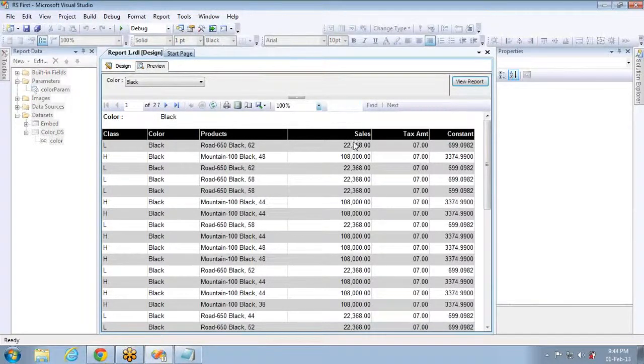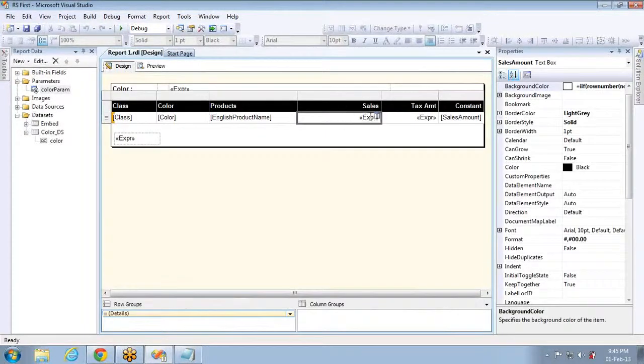This value is nowhere related to this value. In the same way, the complete column is nowhere related to the constant column. These two are using the same sales amount, but this one is bit shifted by 4. I used sales amount here, right?